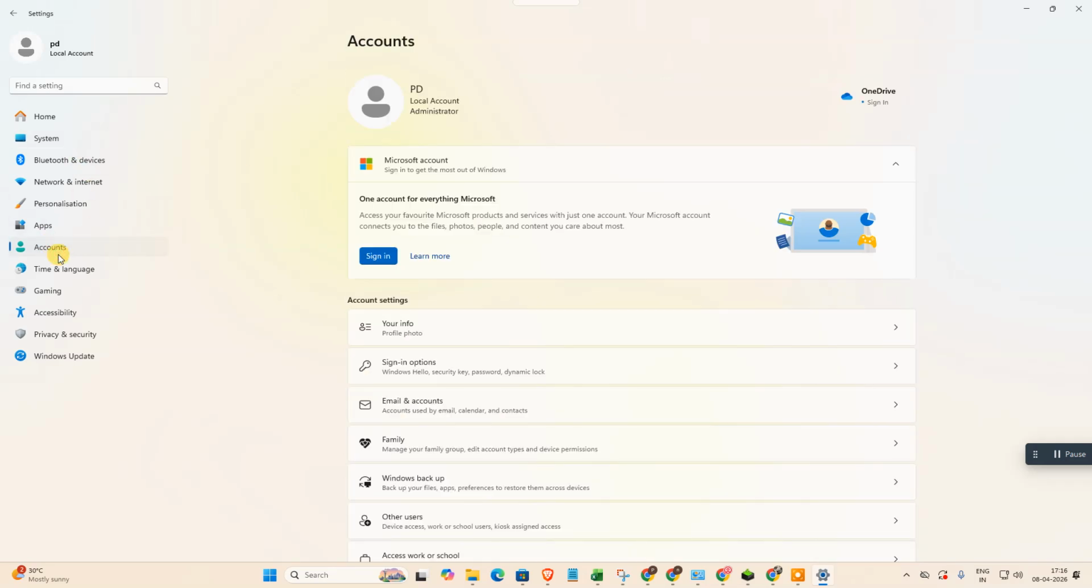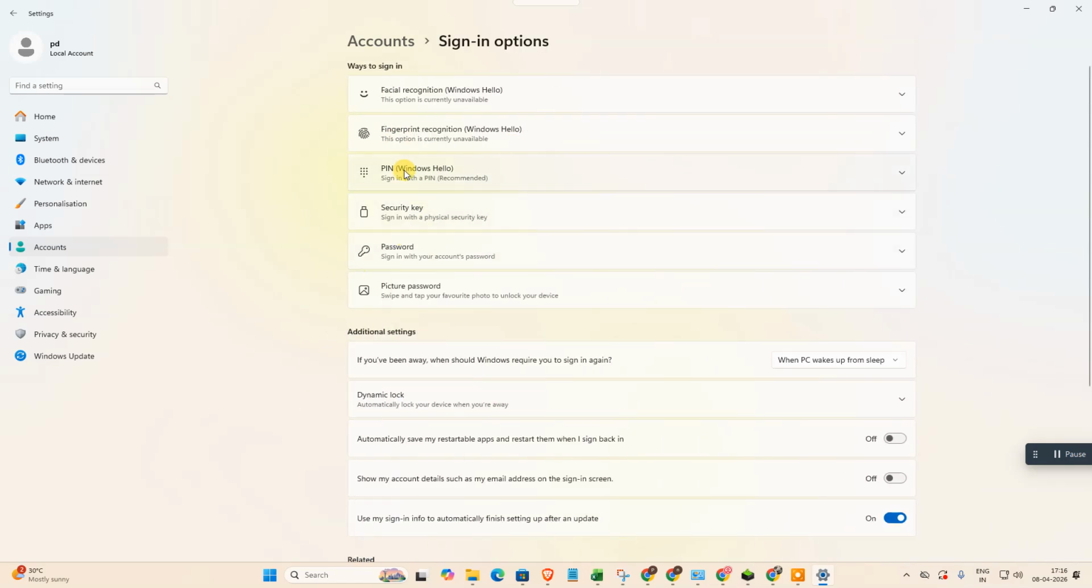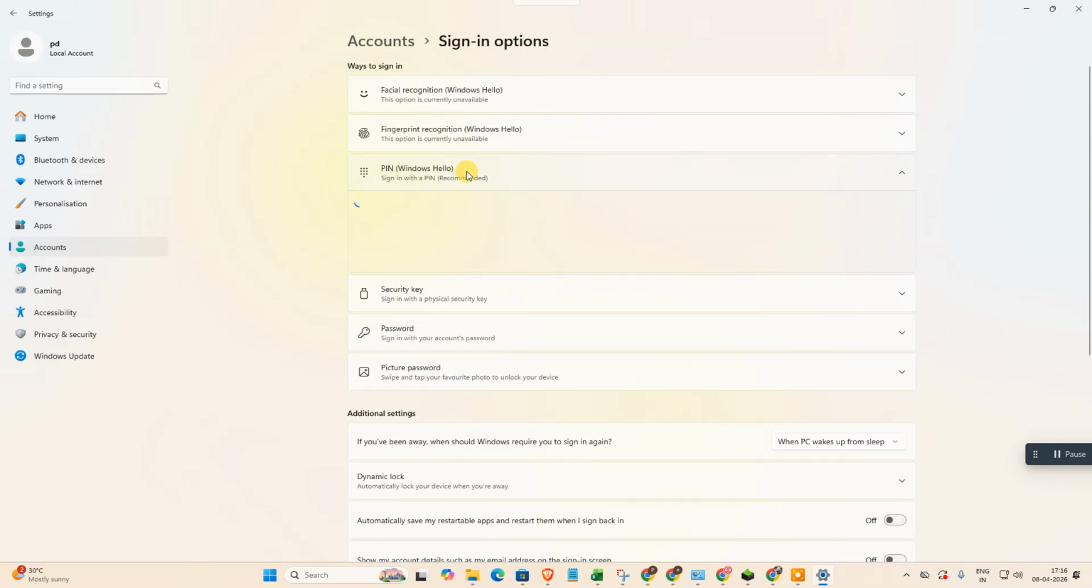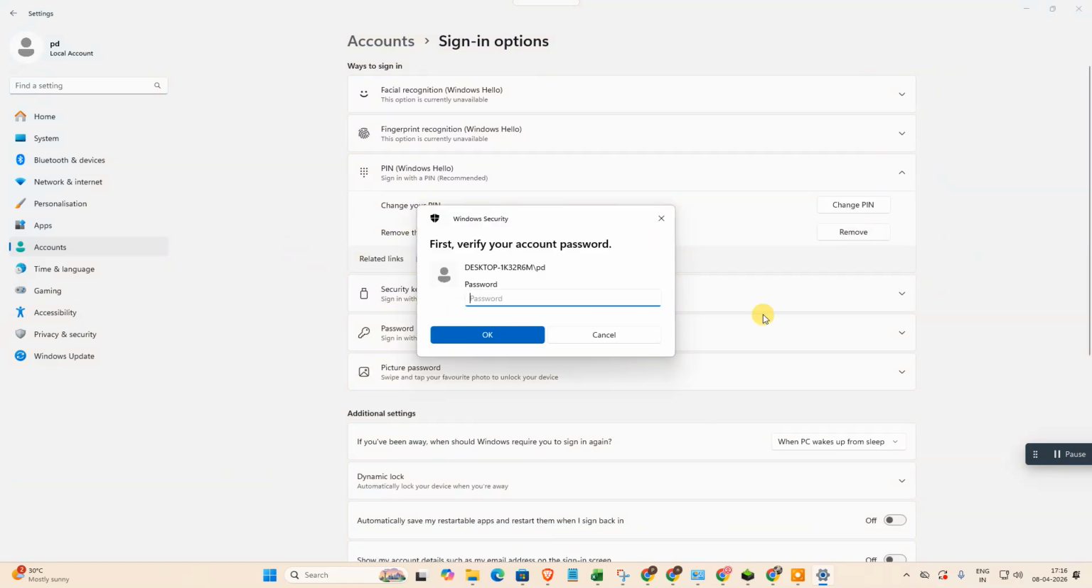go to Accounts. Under Accounts you can see Sign-in options. Just click on it, and here you can see the option called PIN. You just need to click on it, and if you have set a PIN for your Windows, then you can see the Remove option here. Then just remove it. Okay, you need to enter your desktop password to apply that change. Okay,